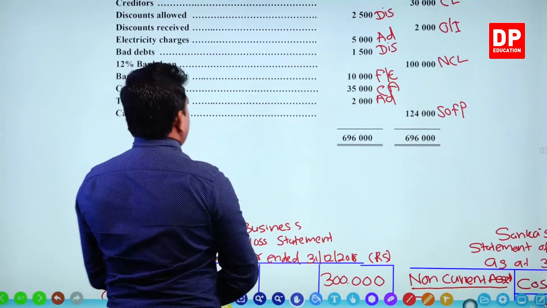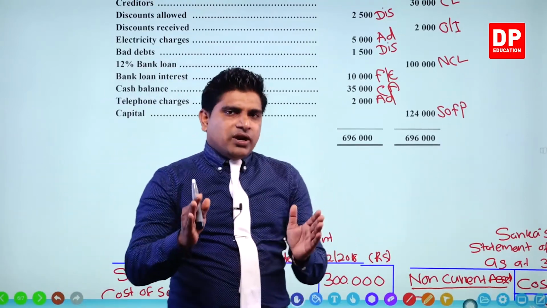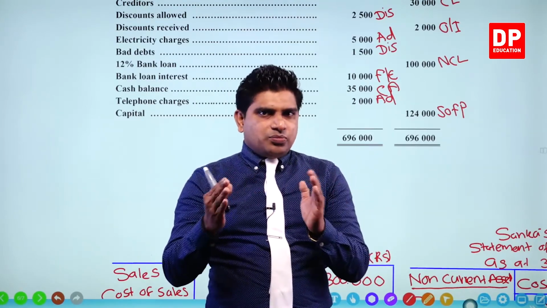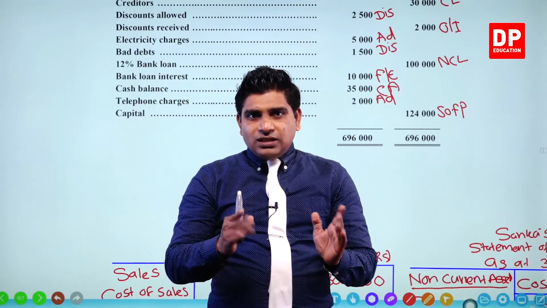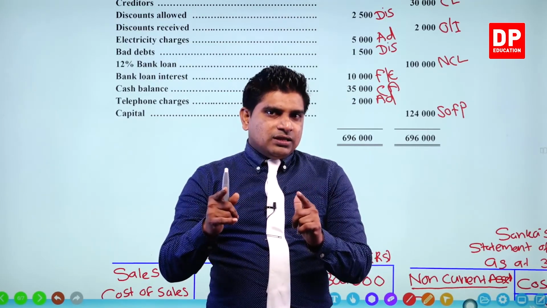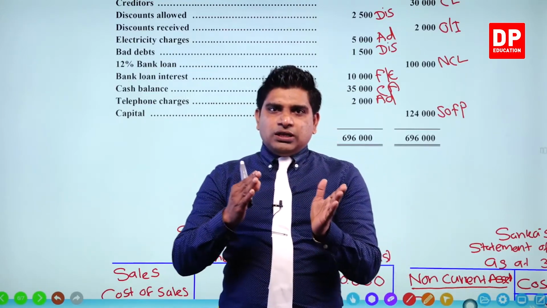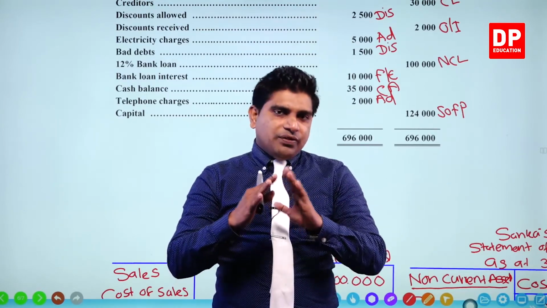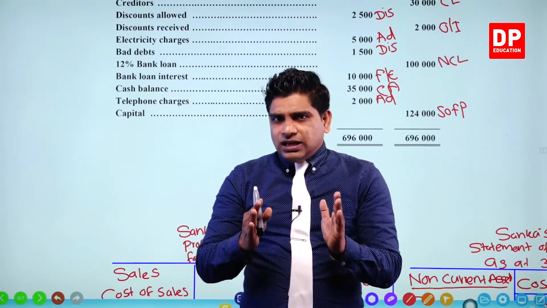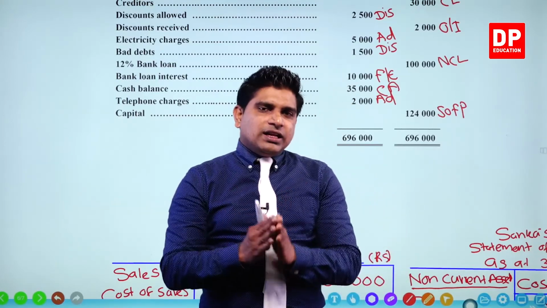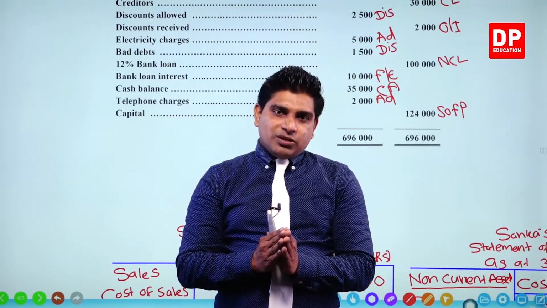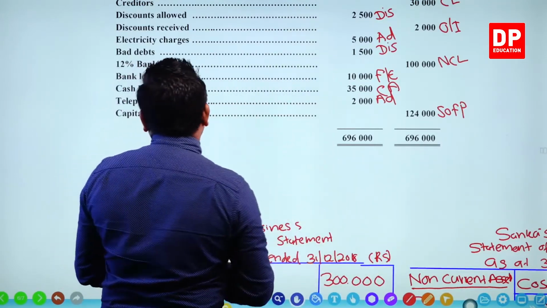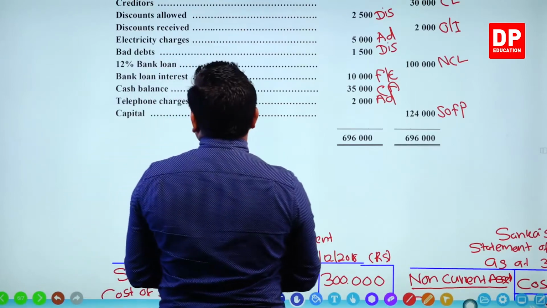Remember, you can see 12% bank loan. Actually, here there's an adjustment, but here I don't teach you how to do this 12% interest portion and those things, right? Why? In the next chapter, we can learn how to do the bank loan with interest, how to do the adjustment, and everything, right? So here I just consider only how to enter the details in the profit and loss statement and statement of financial position. That's why we neglect this 12%, right? You must remember that.